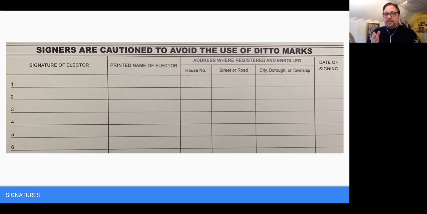And then the date of signing. The date of signing is critical. You want to make sure that, one, the date of signing is correct. And so maybe you can just look over the petition as someone is signing it and make sure that they're to let them know what the date is. The other thing that you want to do is to make sure that all of your dates are sequential. So if you go out and you collect signatures, on